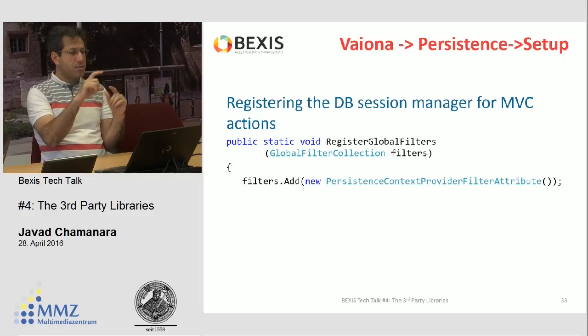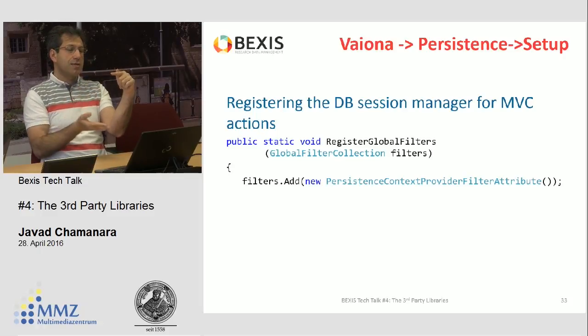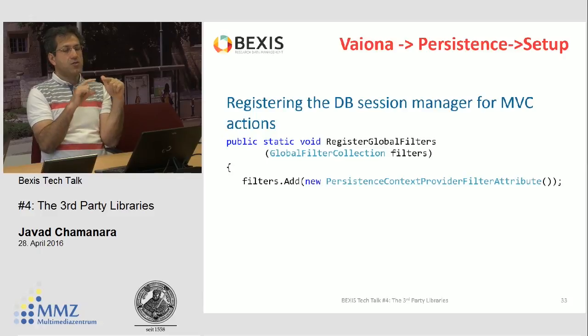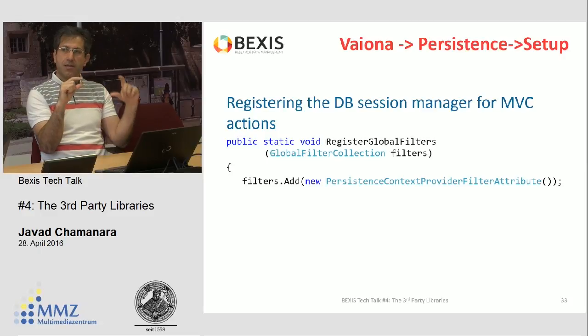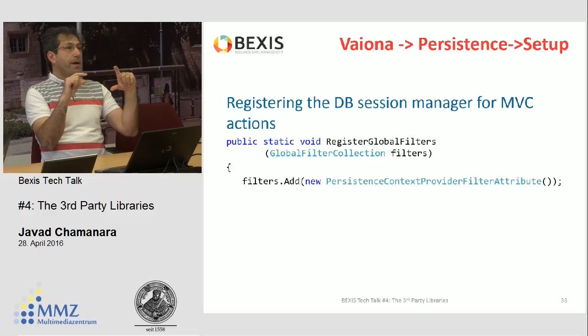That HTTP request has a lifetime also, that is from the beginning of the request to the end of the time that the result is returned. But in MVC it is also shorter, and it is when a single action in a controller starts and then finishes. There is a difference between this action lifetime and the HTTP lifetime, because the HTTP lifetime actually may have more than one request, like if you have